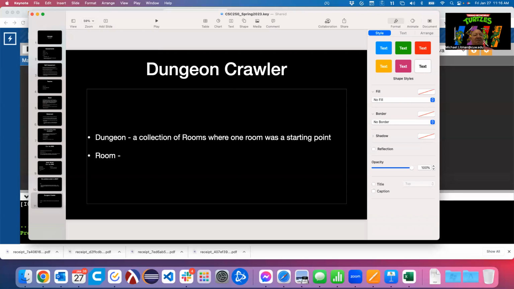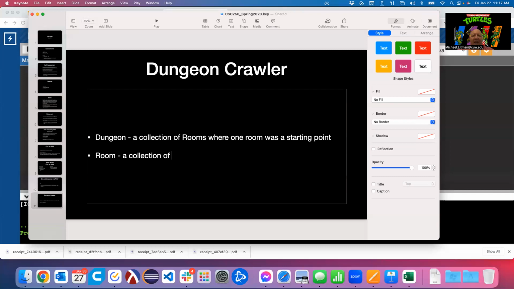So you have the actors that are in your scene. What do we have involved in our dungeon crawler? Well, we've got a dungeon, and our dungeon has a whole bunch of rooms inside of it. So a room is a collection of inhabitants. Actually, I think last semester we had players and we had monsters, right? We didn't get to monsters. Oh, we didn't do monsters. I thought we put a rat in there. We never put a rat in there. Oh man, you guys missed out. We'll do it pretty early on here.